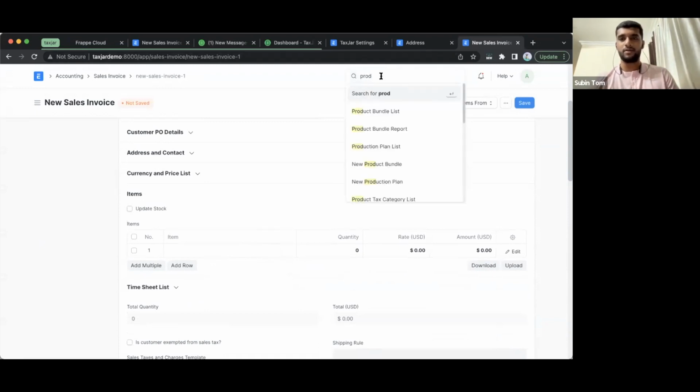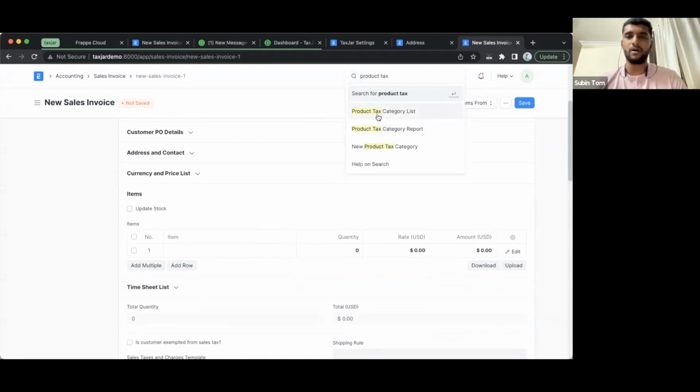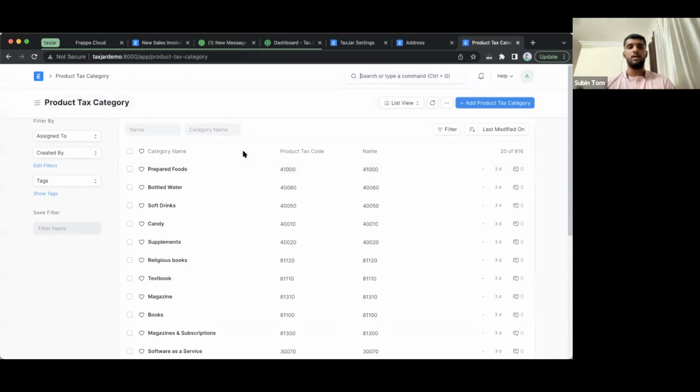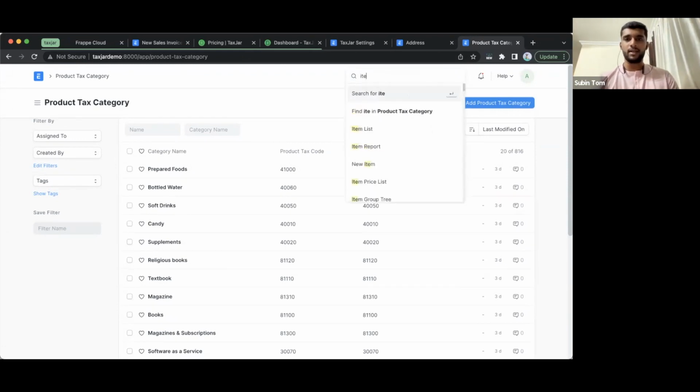You have something called product tax category. It's a doctype that automatically gets populated in your ERPNext instance when you set it up. Product tax category is basically multiple tax categories which are automatically created and provided to you by TaxJar itself. Based on these tax categories, TaxJar calculates taxes for items. So whenever you create an item,